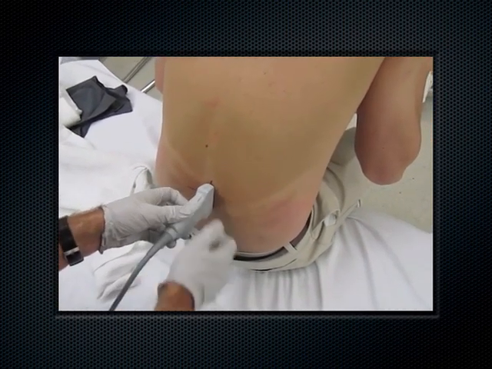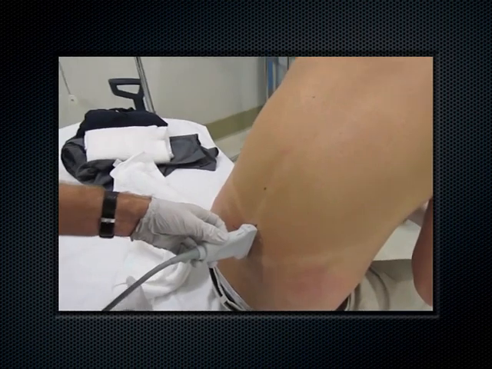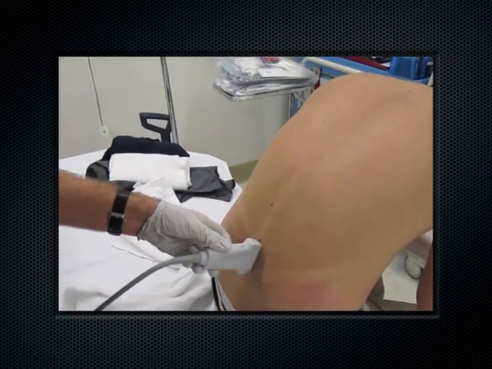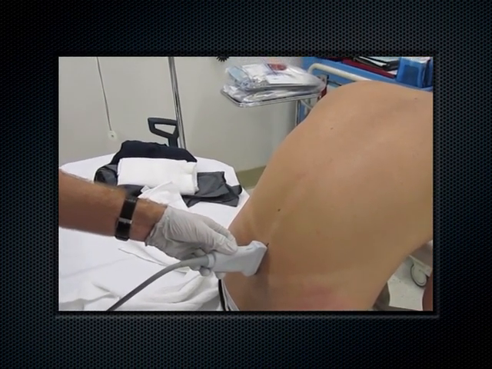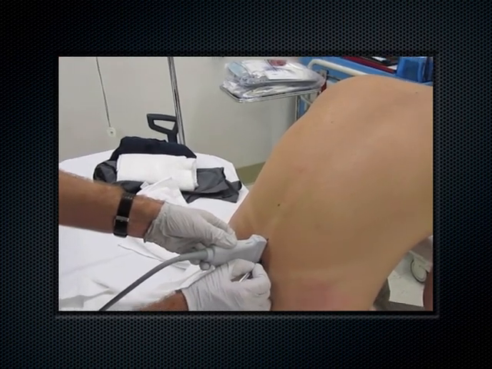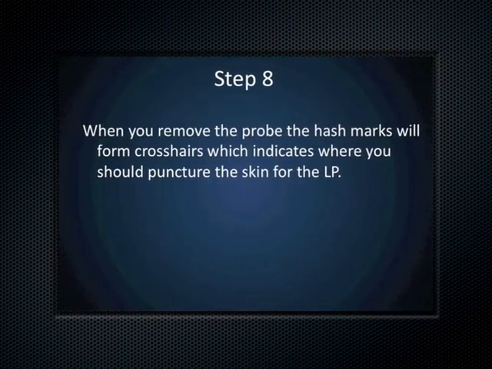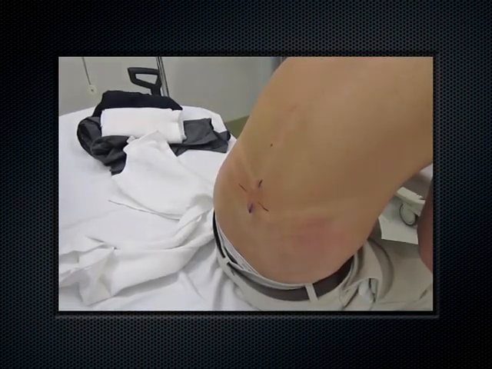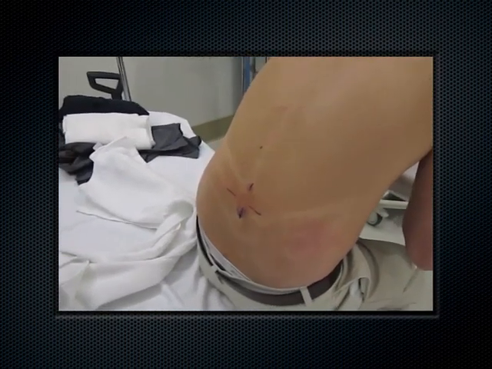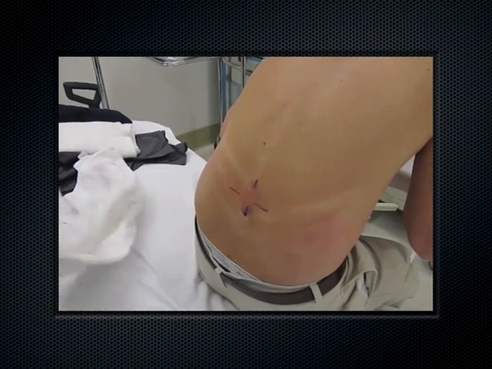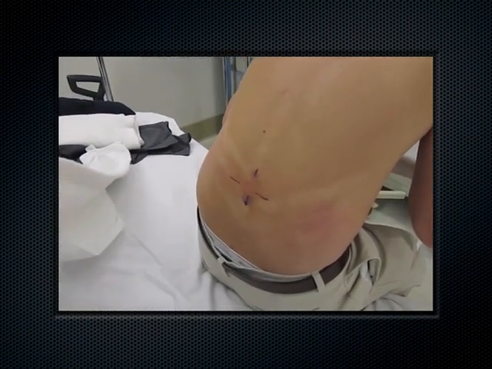Again, these marks should be right in the middle of the ultrasound probe on either side of the probe. When you remove the probe, these lines will now indicate where the intervertebral space is. Now when you remove the probe, your hash marks will form crosshairs. The middle of these crosshairs is where you should puncture the skin for your LP, as this corresponds to midline